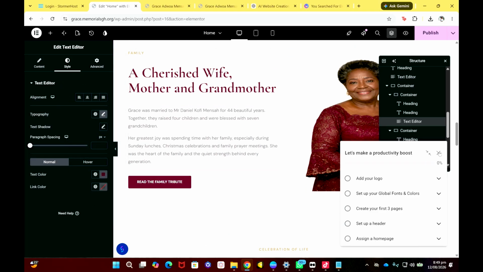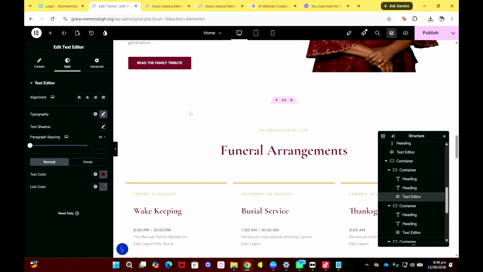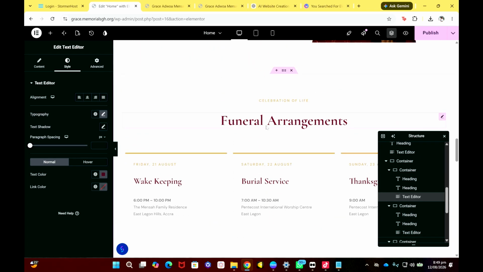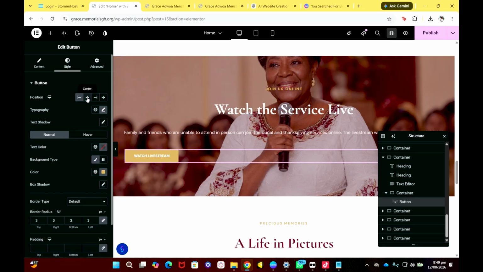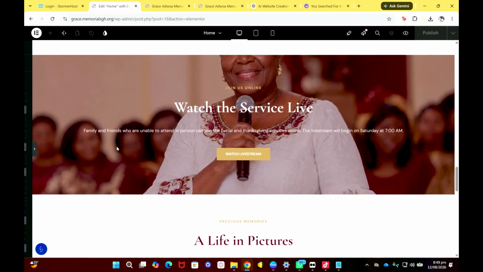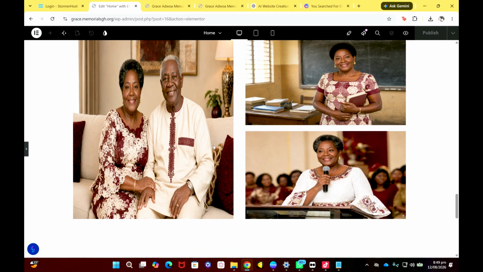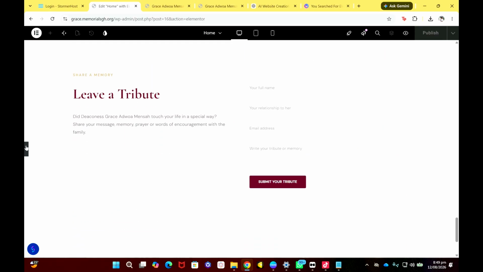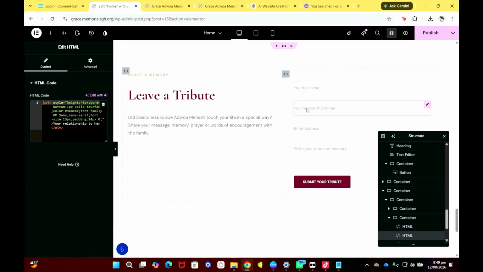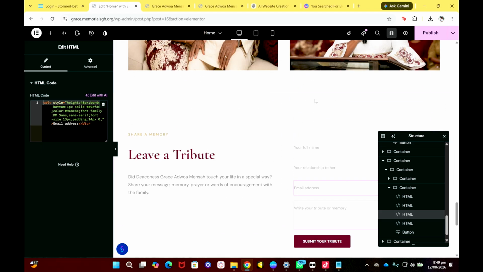Okay, let me close this. I can also start adding more pictures. So this is the funeral arrangement, and this is where the live stream is. So I want this to be in the middle there. So you have this, you can add your link, or you can, so this is the gallery. You can put more there. Then this is where the tribute will come. Okay, so this one I will change it to an Elementor form, or what I do is that I create my own custom